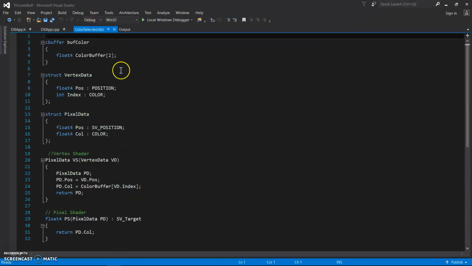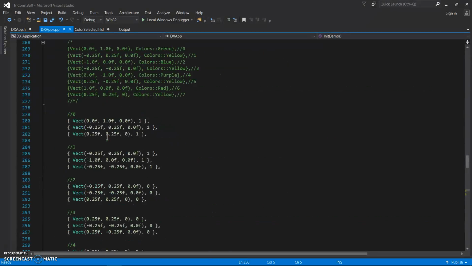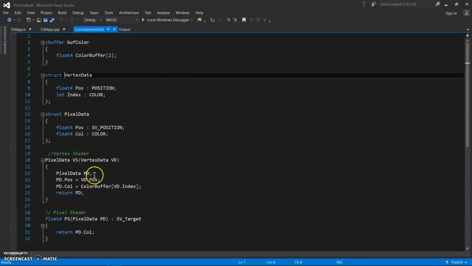And here's my shader. You have vertex data, a position, and then an index. They keep the same semantics. You have your pixel data, position, and a color. And so the vertex data goes into the vertex shader. Every vertex that is laid out right here, it's the same triangles, goes through here,